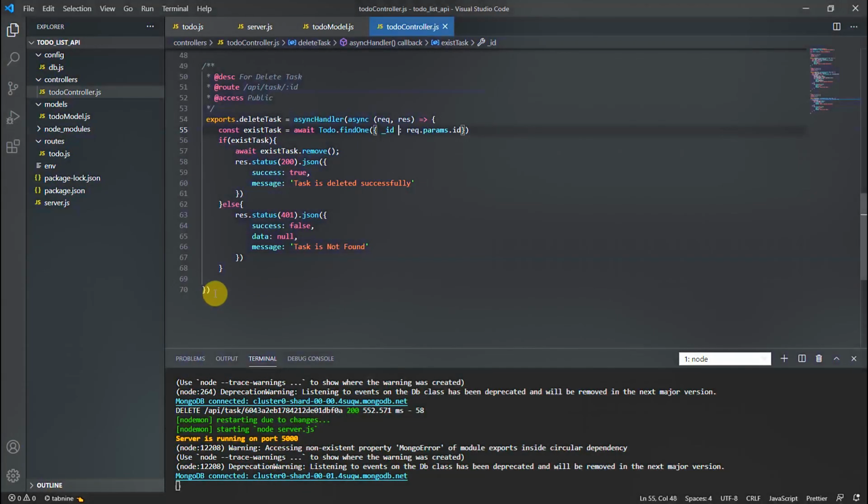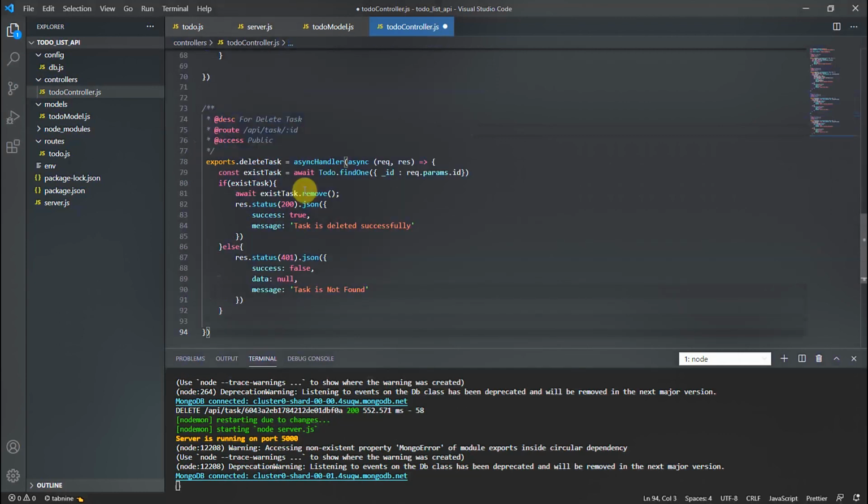Next, the last one is getting the data. So for get task, for get single task, we need to send some parameter. That is getSingleTask. The method name should be like that.